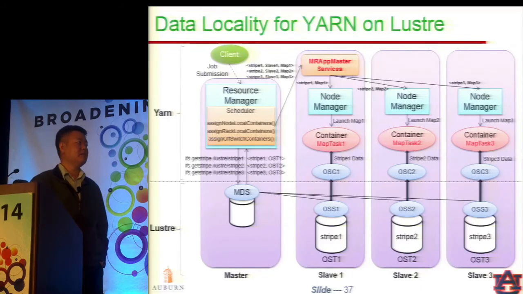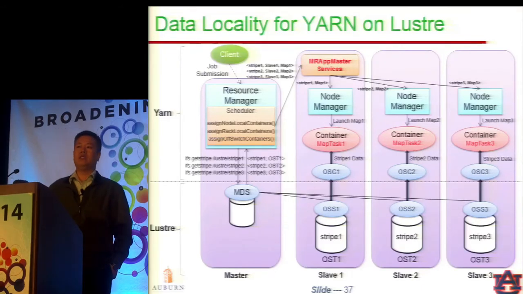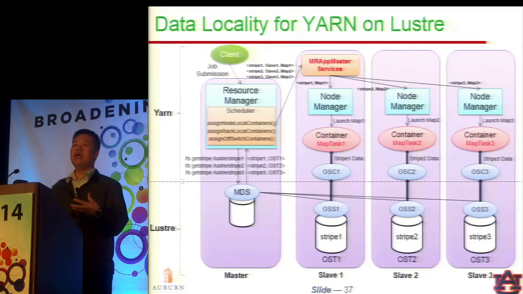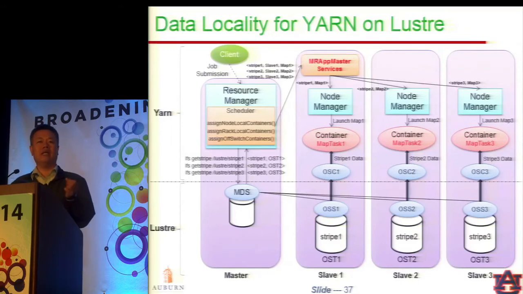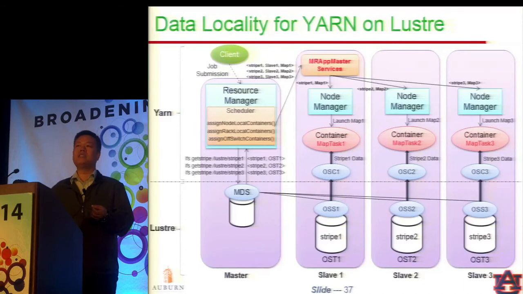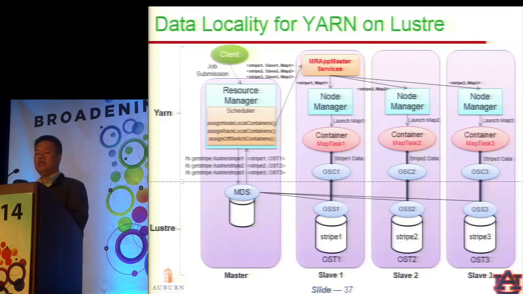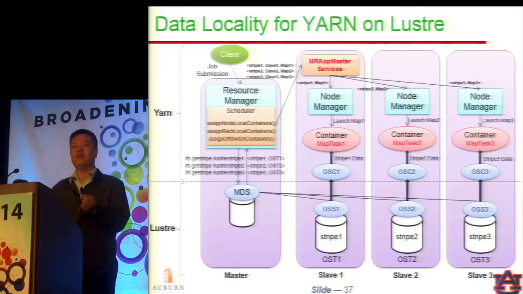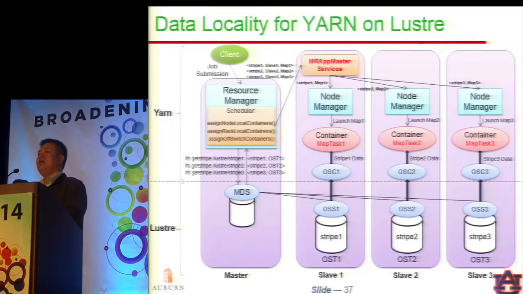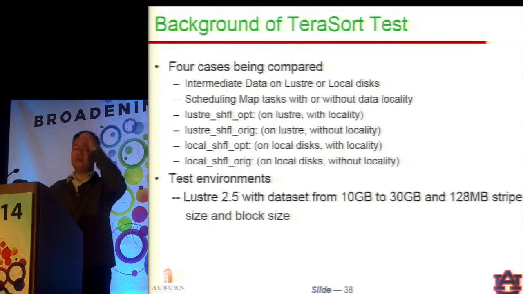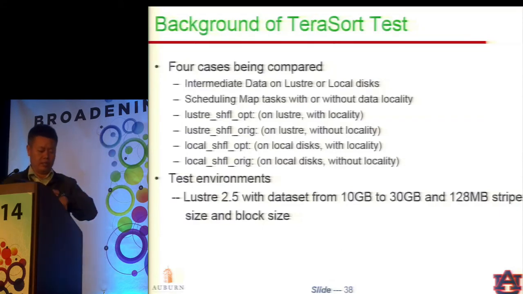When a client submits a job, the resource manager receives the job and the location of the file, and we can extract the location of Lustre stripes by making a query to Lustre metadata. Then we send the list of stripe information to the MR application master. From that application master, we can ask each node manager: for the first stripe, where it is, you should launch the first map task. That gives you an idea of how we achieve data locality when we schedule tasks.